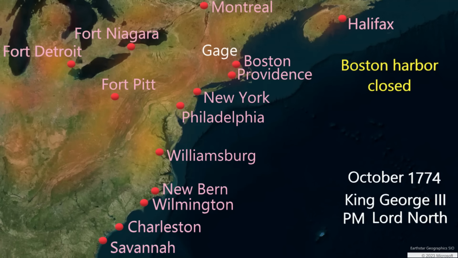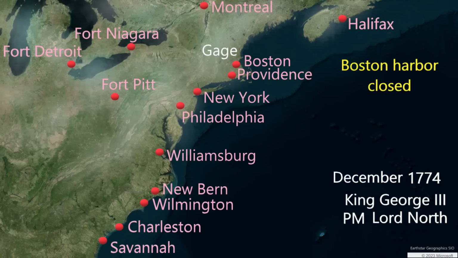In Virginia, George Washington is organizing militia. Meanwhile, Lord Dunmore of Virginia is also on the move in October, making a western land grab for Virginia. He moves Virginia militia against the Shawnee in the Ohio country, clashing with the natives at Point Pleasant in modern West Virginia. Virginia is exercising its authority in the Ohio country in violation of the King's proclamation.